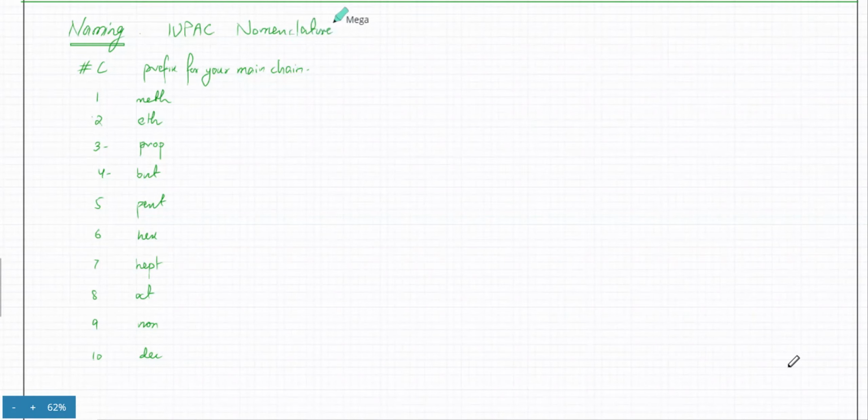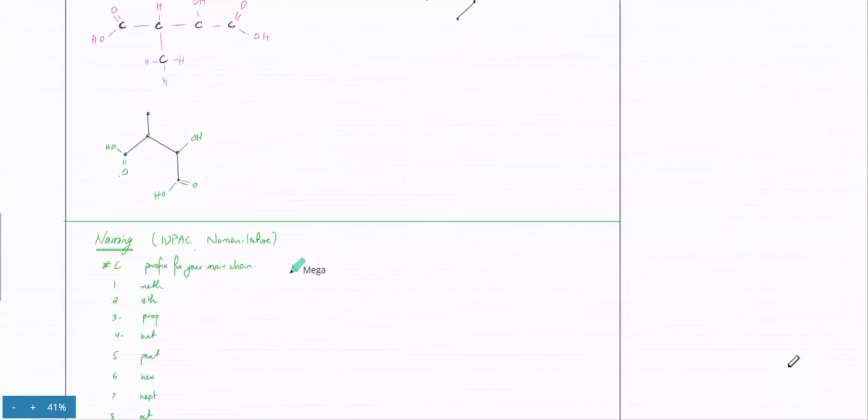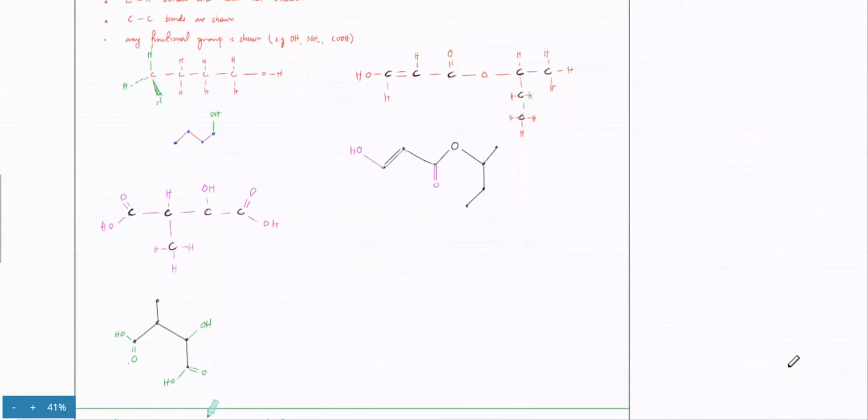IUPAC is an official body that decides how to name organic compounds. Human beings deal a lot with organic compounds. Coronavirus is an organic compound. All living organisms, all medicines, all viruses, everything is organic. So naming is very important. But there's one thing wrong with naming: you can create rules for naming, but the rules can only apply to simple molecules, because molecules can become very complicated and very large.